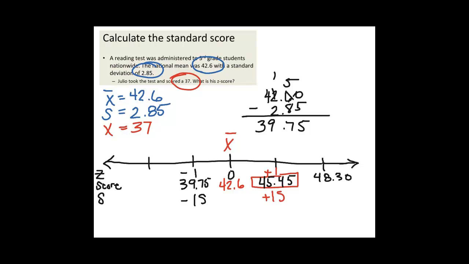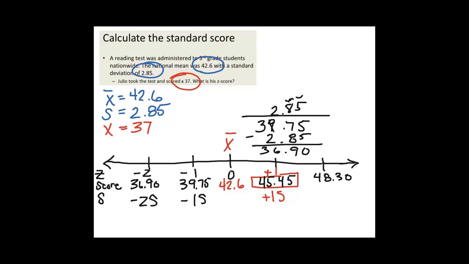39.75. And let's get rid of another 2.85 out of that. 0, 9, carry 8, 6, 36.90 would be the score for a z-score of -2, or 2 standard deviations below the mean. Alright, now that I've got this set up, and I realize I did a little overkill here. I didn't really need to set up the whole thing, but I kind of want to practice it with you